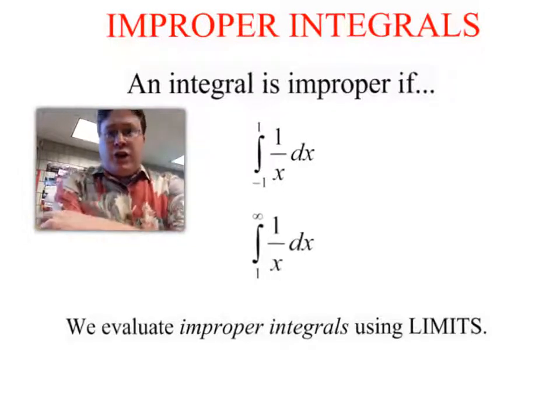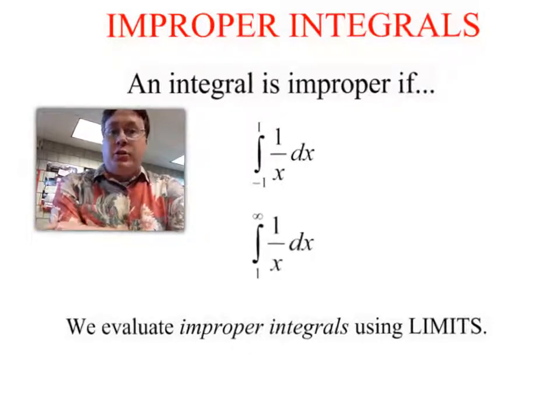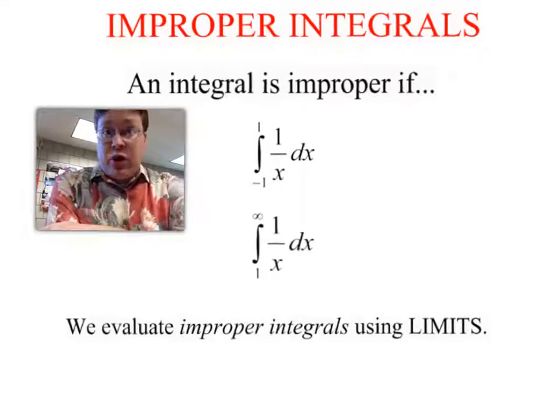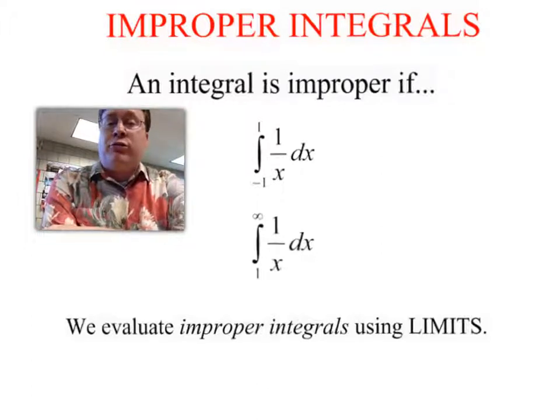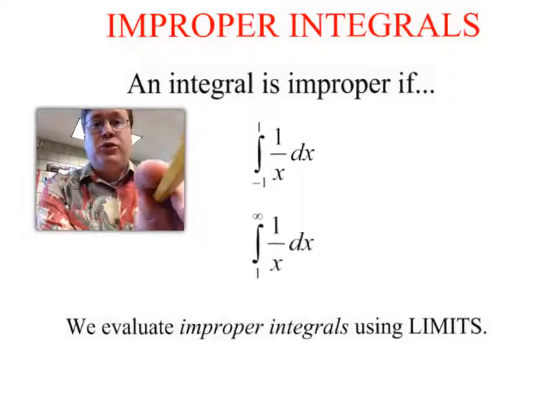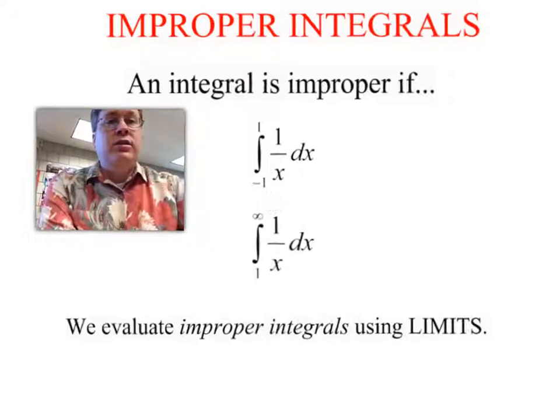In this video, we're going to talk about improper integrals, and there are really only two things you need to think about when you're talking improper integrals. There are two things that make an integral improper. The first, and I have an example of each one here, is 1 over x from negative 1 to 1. And if you think about that shape of 1 over x,